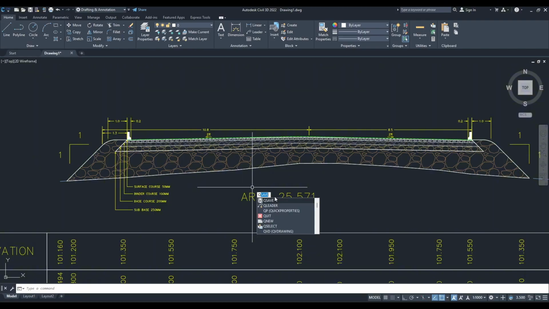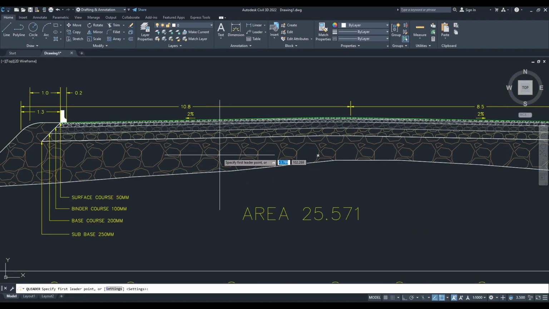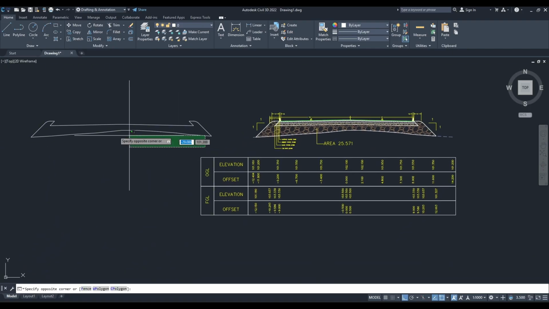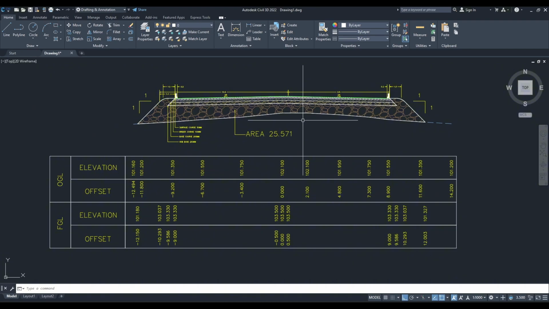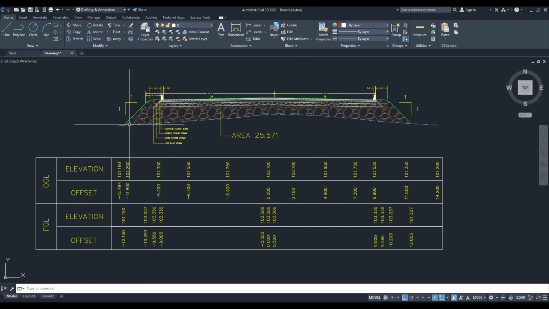Take the Q leader, turn ortho on from here to here and OK. Match properties and match the properties of this leader. And now you can delete this boundary also from here. So as you can see, now we have every single thing that we need for this cross